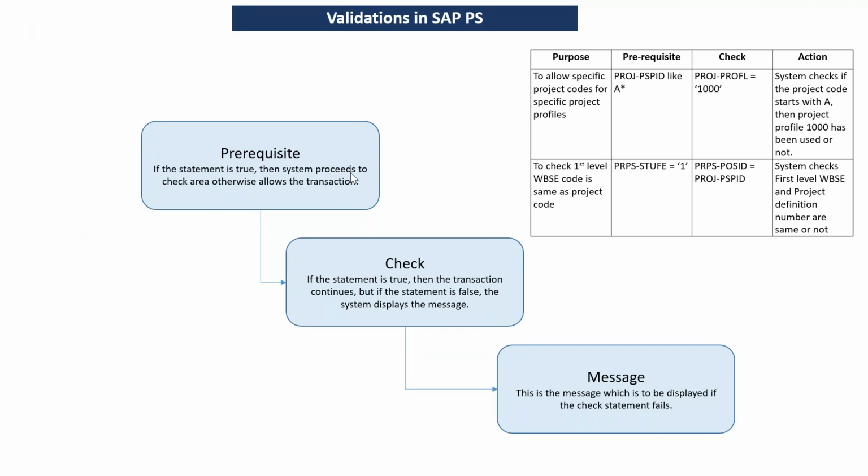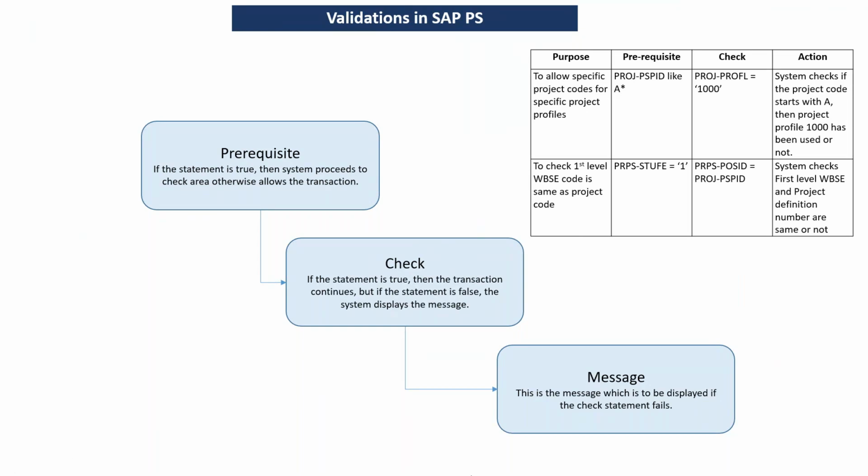What we are saying is, if the project profile is ABC, my plant is supposed to be 1710, or my person responsible is supposed to be Ravi Kumar, for example. So if my project profile is ABC as a prerequisite, only then will it take it to the next step. Otherwise, it will